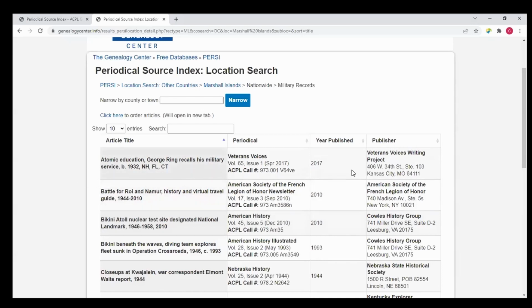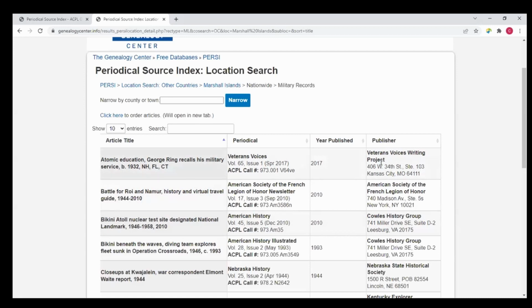With every single article, you have the specific issue detail, you have our call number, which probably won't help you with the publisher, but you have volume 1, issue 1, spring of 2017, and you have the publisher's address. Write to the publisher, Google the publisher's name, see if they have a website that you can submit an electronic query. I do that all the time before I write because I'm an impatient type A German. I would like it yesterday. I'm sure we all can embrace that a little bit.